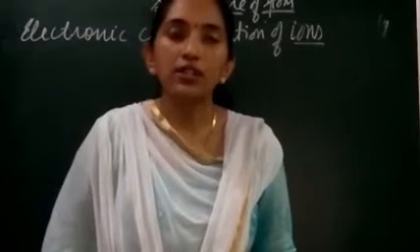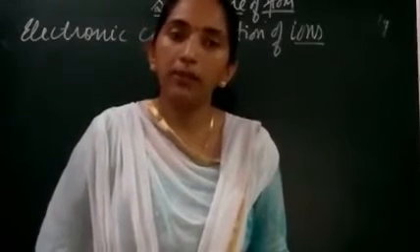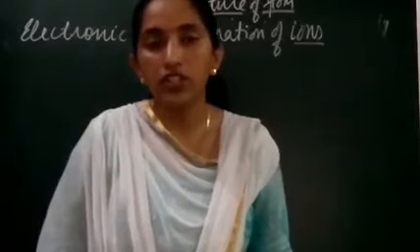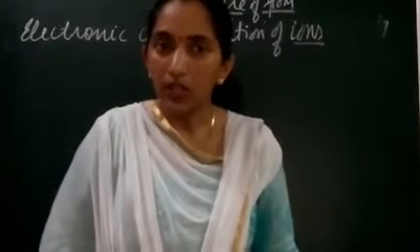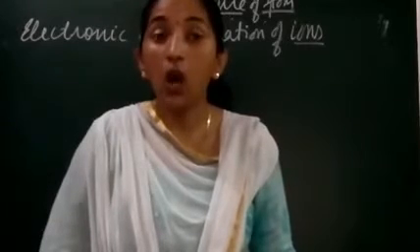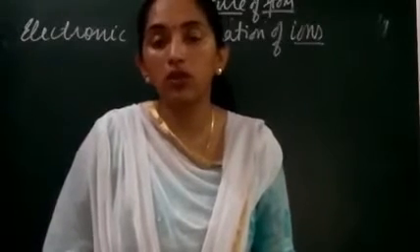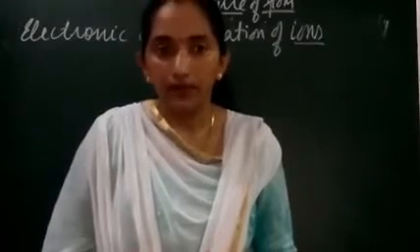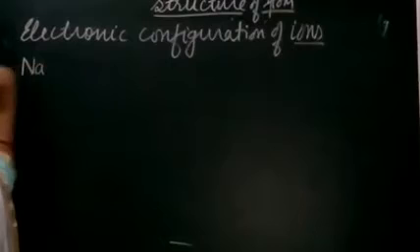The magnitude of charge on the ion depends upon the number of electrons which it has lost or gained. Now we have to consider how many electrons it is going to lose or gain to form an ion. So let's begin. Let us take an example from the simple ones, that is sodium.